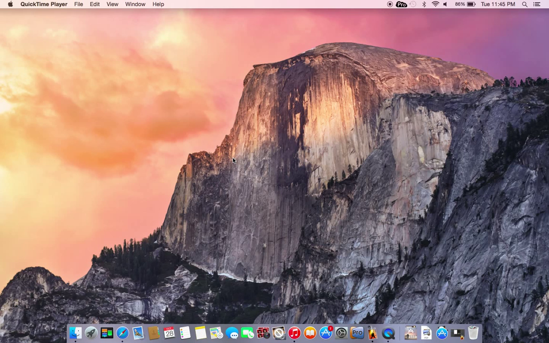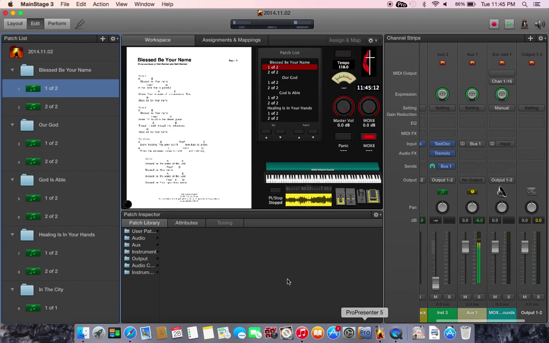I wanted to kind of show how I'm setting up Mainstage. I've had it for about, this is Tuesday, I got the computer with Mainstage on it on Sunday. So just to see how to navigate this program, what I've done is general structure is every week I'll create